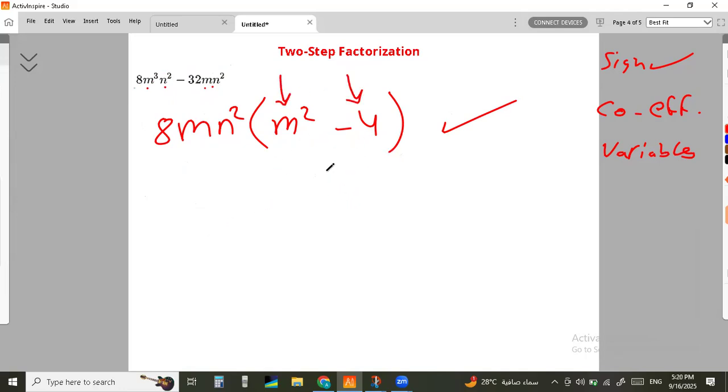Look at this. So what am I supposed to do? Factorize even more following that second method that we learned. 8mn squared remains the same, but here I'm going to get the root of m squared, which is m, minus the root of the 4, which is 2,